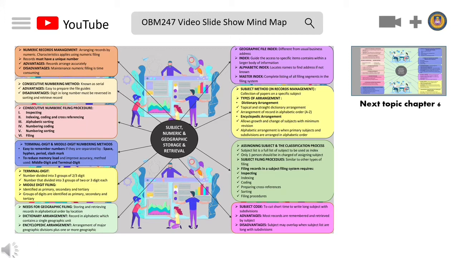contain a single geographic unit, and encyclopedic arrangement of major geographic division plus one or more geographic. Then, geographic file index is different from usual business address. Index is the guide to specific items contained within a larger body of information. Alphabetic index locates name to file address if not known, and master index is a complete listing of all filing segments in